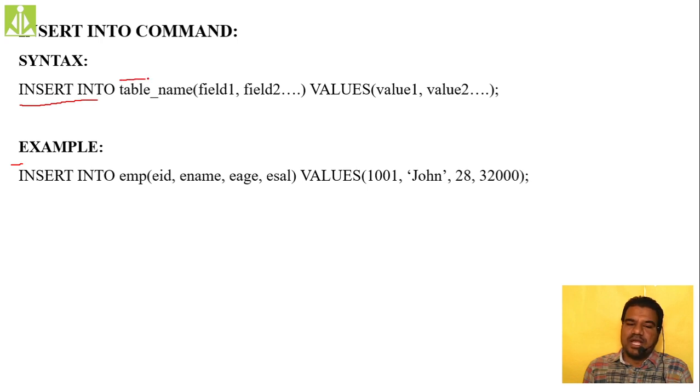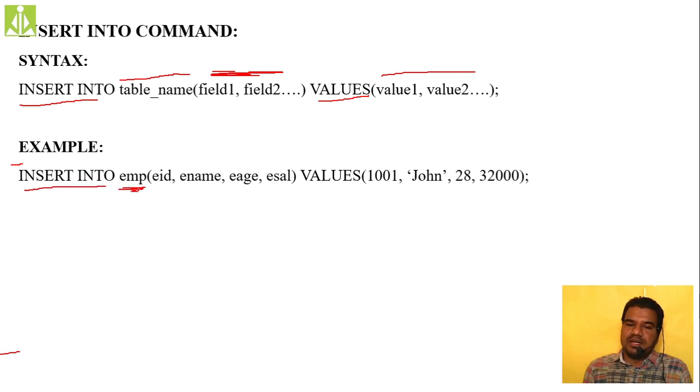Then you have to give the table name and field names, all fields, whatever fields you want to insert values, all those fields list you have to give over here, followed by the values command, and specify those values, so the complete command, I mean the complete query over here, you can see using this insert command, that insert into, here you can see insert into employee.